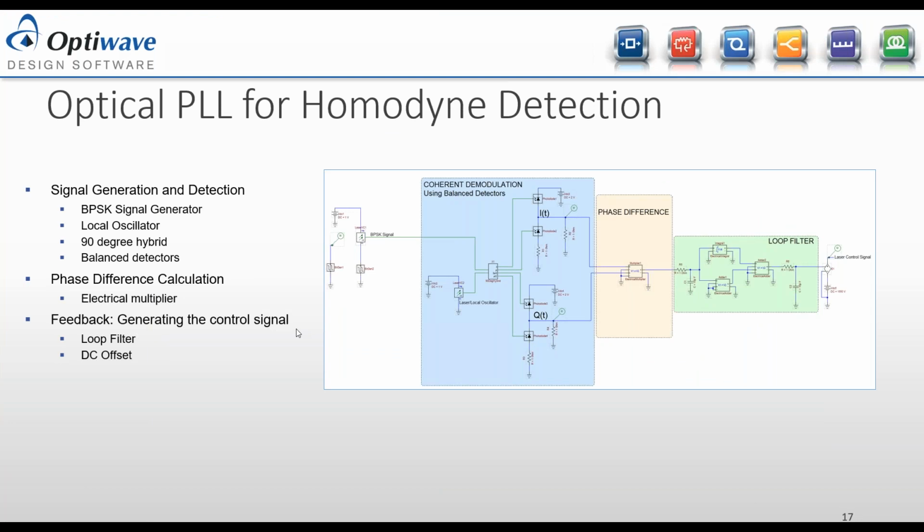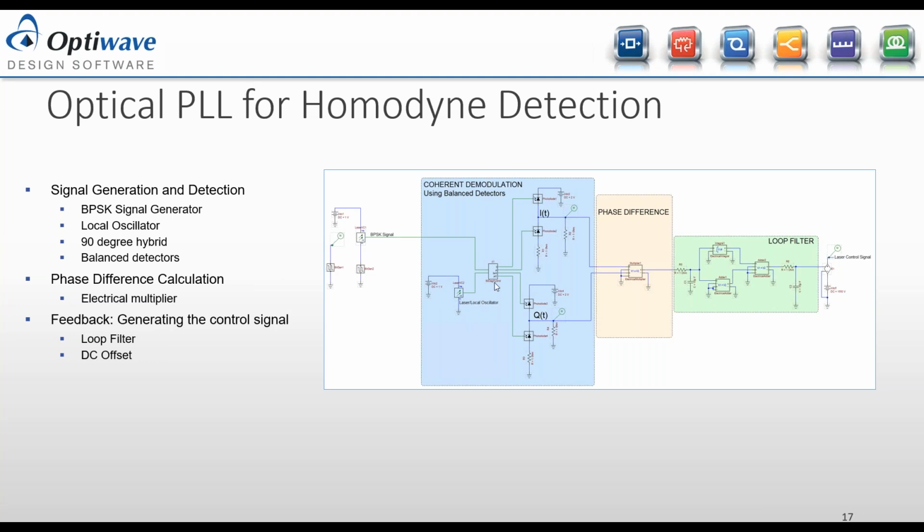Our final example is about an optical phase lock loop for homodyne detection. On the left side, we start with an input signal. It's a BPSK, binary phase shift keying signal, so the phase is either 0 or pi. This simulates the transmitter. And then on the receiver side, now we have a local oscillator, which is a laser,